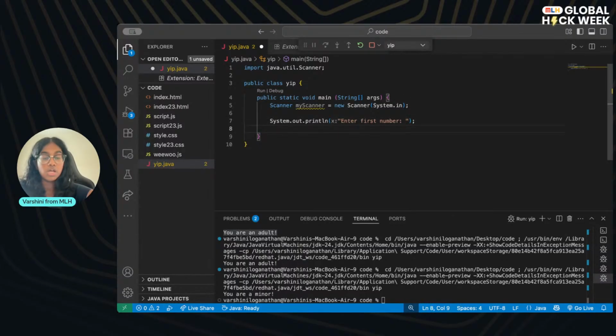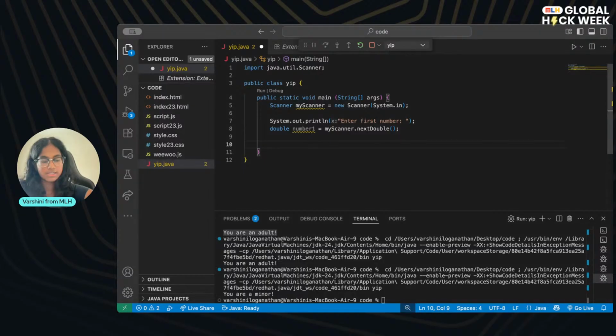And then I'm going to store this as a double, just in case our user wants to enter a double, we can add an extra functionality. So I'm going to call this one a double, and I'm going to do number 1. And we're going to do scanner.next. And remember, we did nextLine, nextInt, just like that, we're going to do nextDouble. And sorry, it's actually going to be myScanner because that's what I called it. So if you called your scanner variable something else, make sure you are using that variable name.